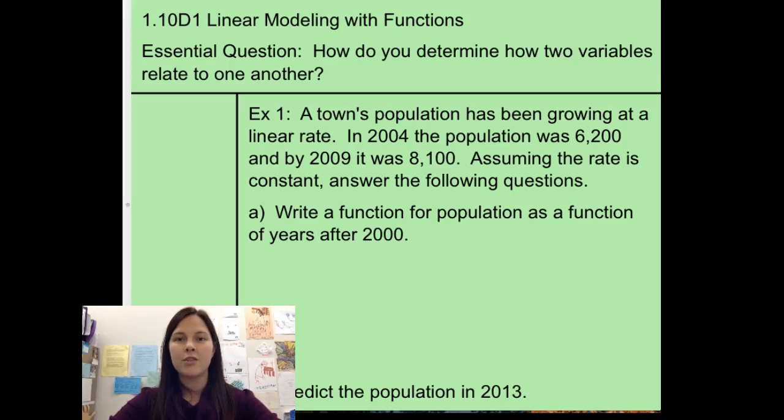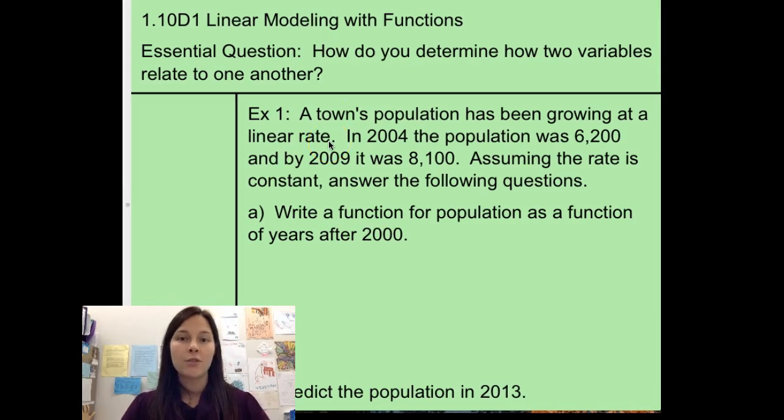In our last section, we're going to learn how to create models for different types of function. The function we're going to focus on today is a linear function. So we're starting off with an example about population. We are told that it's growing at a linear rate, and we're given 2 points in time. So what we're going to do is take those 2 points and create an equation of a line based off